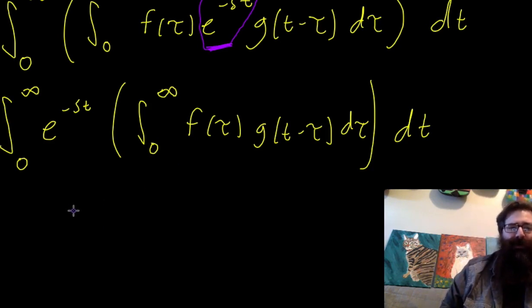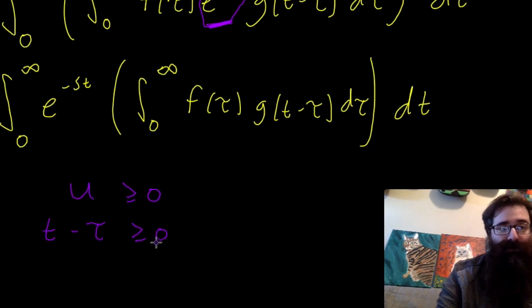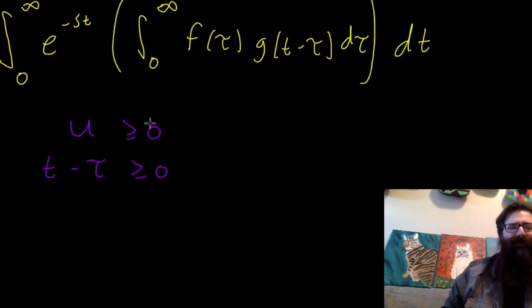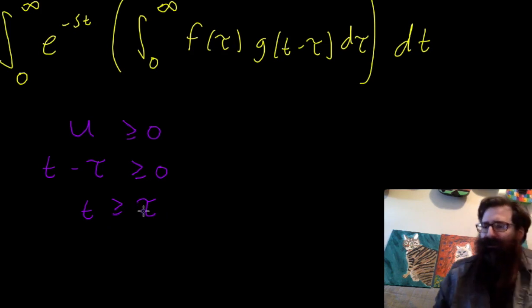But something that we could go ahead and say is that u should be greater than or equal to 0, which means that since we made a substitution replacing u with t minus tau, t minus tau should be greater than or equal to 0 to be in that interval from 0 to infinity. And this means if I add tau over, that t should be greater than or equal to tau. So t should be greater than or equal to tau. In that case,